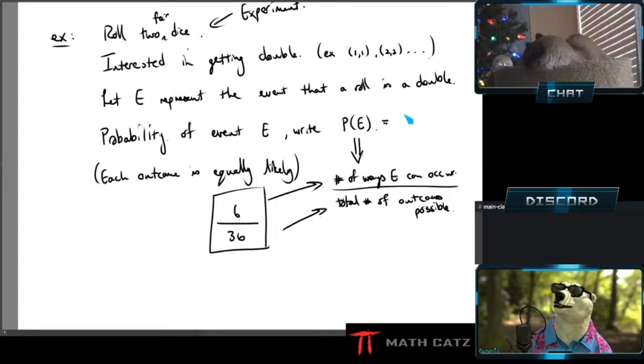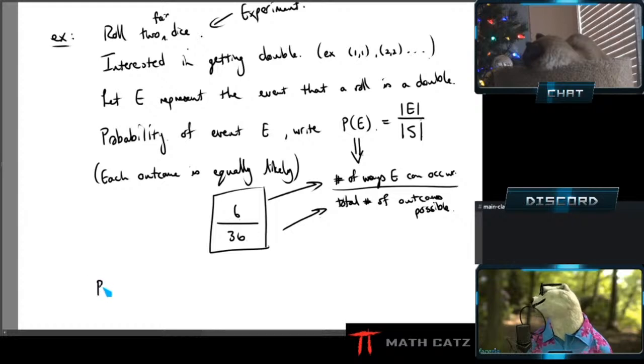So I can write this probability in a short way as the number of outcomes in event E, just a fancier way of saying the number of elements in E. This was our way of representing the number in that set, right? Divided by all possible outcomes, meaning the universal set, the sample space, and in this setting we use an S. Now, whether you write it in words or in a short way, what we're doing is exactly the same. We're trying to create this fraction.